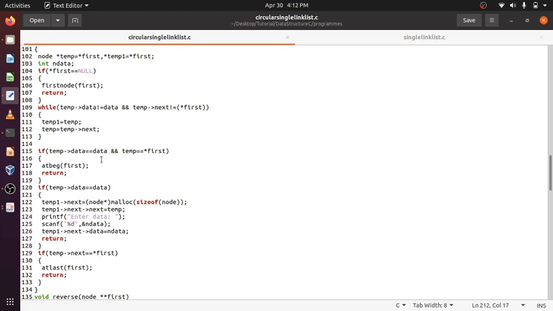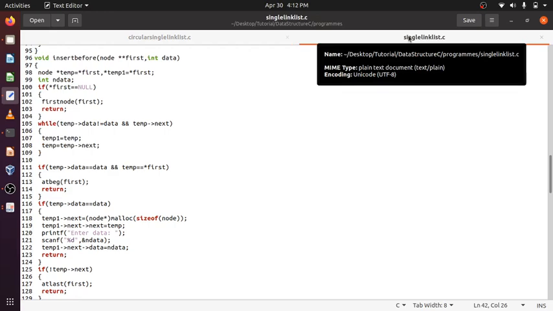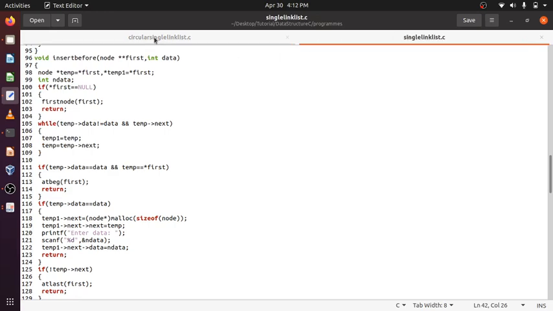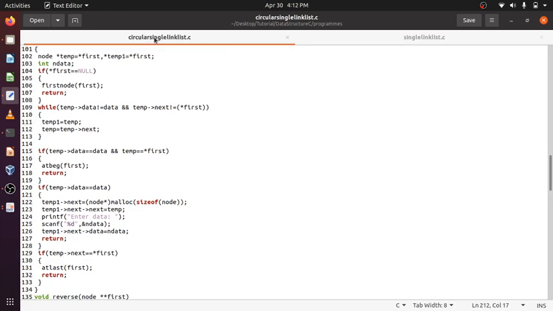If temp is equal to first, it means it matches the first element node. If I want to add before the first node, like 0, then it's like insert at the beginning.